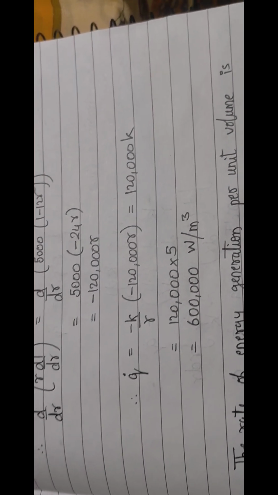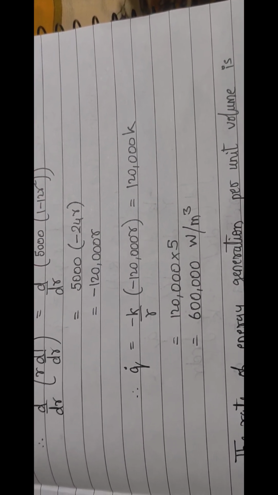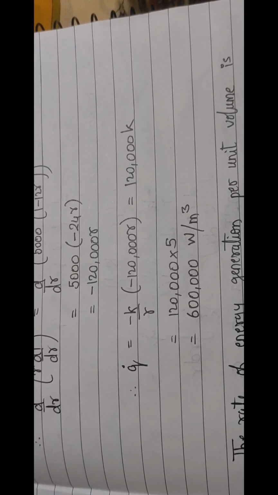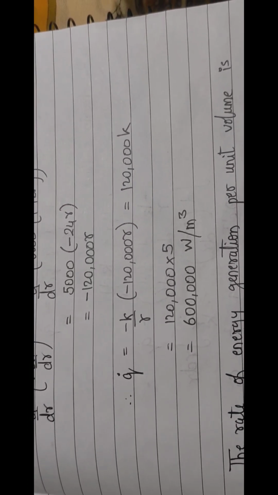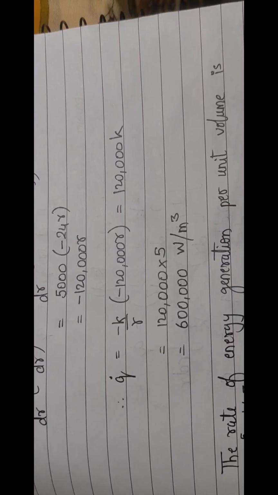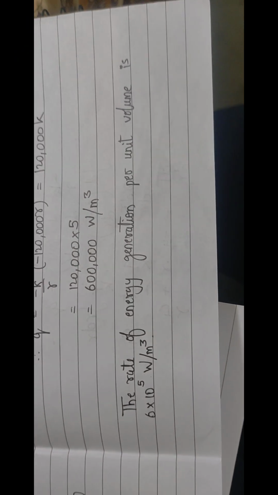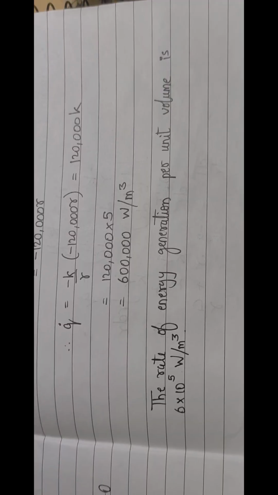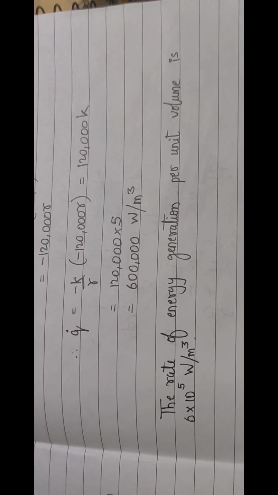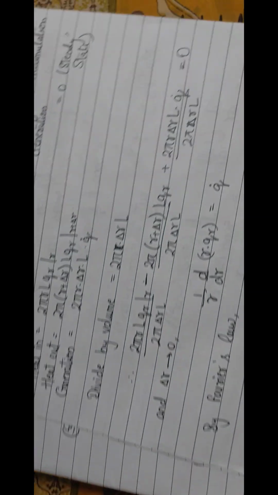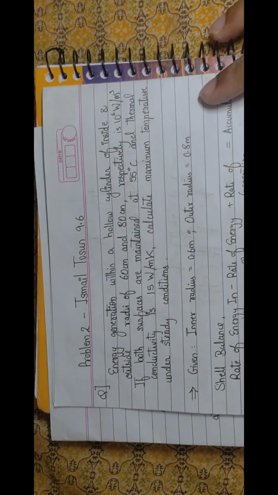Now the value of k which we saw was 5 watt per meter Kelvin, and that can be substituted again, and we get it to be almost 6 lakh watt per meter cube. So the rate of heat generation per unit volume is 6 into 10 to the power 5 watt per meter cube. So with this we finish up with our 3 problems, and we move to the last problem,